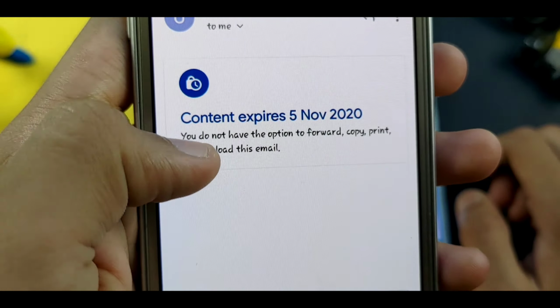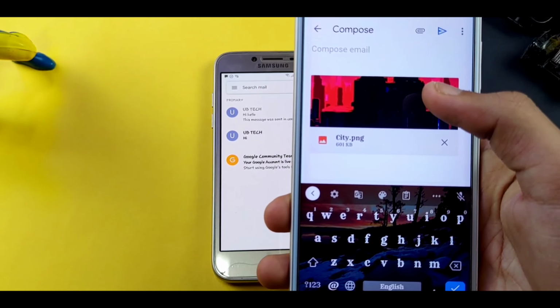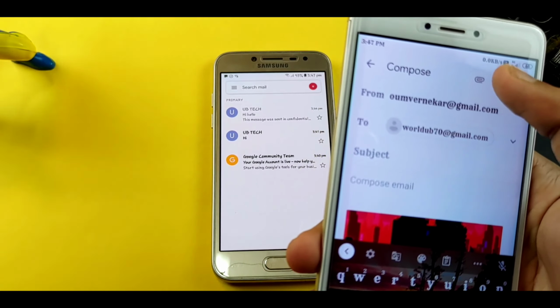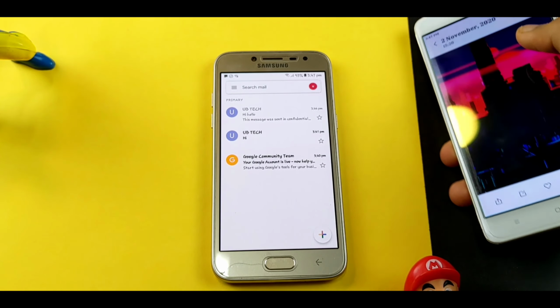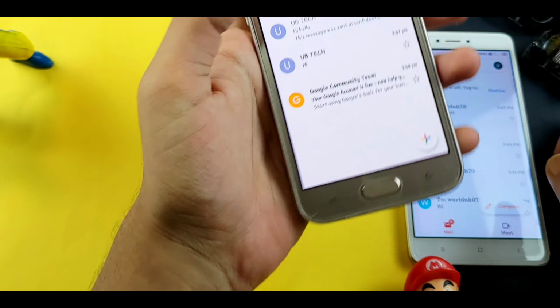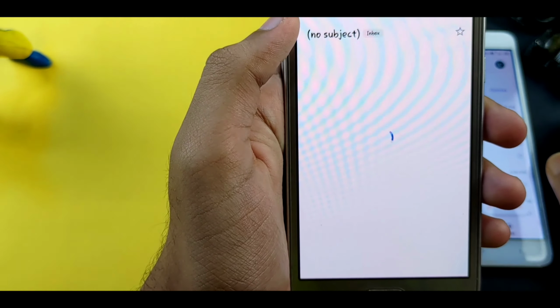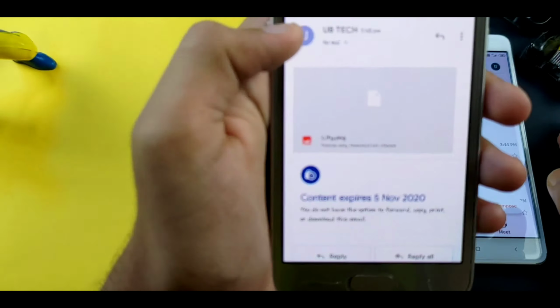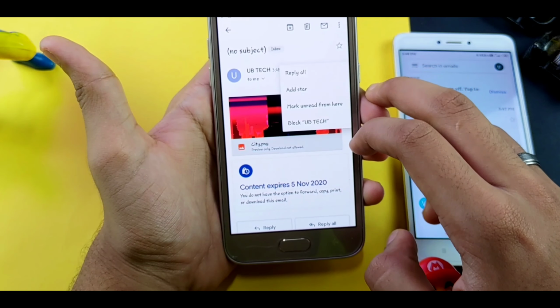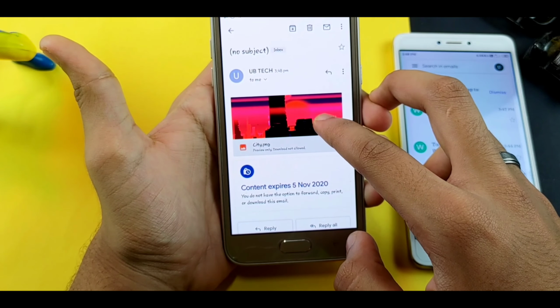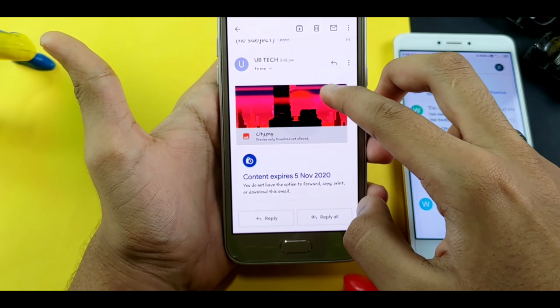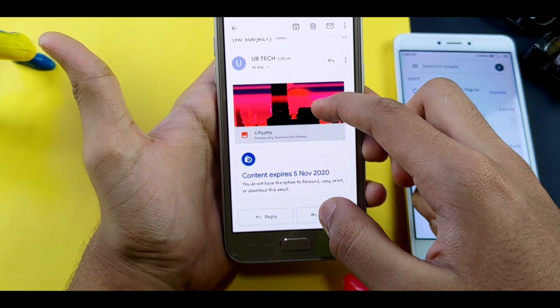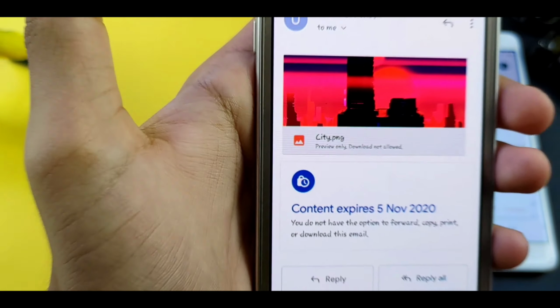And also let's try with an image. So this is a basic wallpaper. I'll just send it to a person who I have no idea who he is. So this is basically my mobile. Just try to recognize what I'm saying, and yes, this is the person. He gets the picture, he just opens it, and if he tries to download, he won't get any option for downloading. Like he won't get any chance, there is no option for it. And he even gets a note that you can't download or share or forward this link at all.